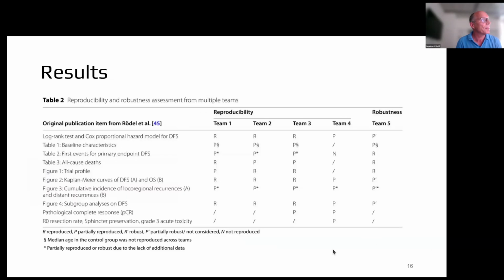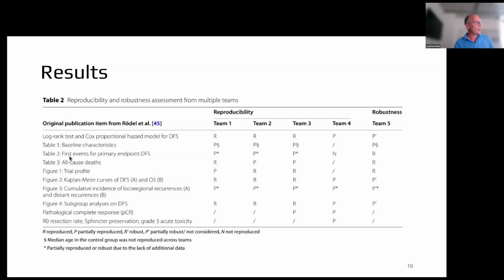Now, what are the results from this study? We were actually building 5 teams. So we could define 5 teams of PhD students, in each team 2 or 3 students. 4 of them worked with R. So that's what's called reproducibility here. And the 5th team actually preferred to work with Python to do the reanalysis. So that's what we call a robustness check, whether using different software actually leads to the same result.